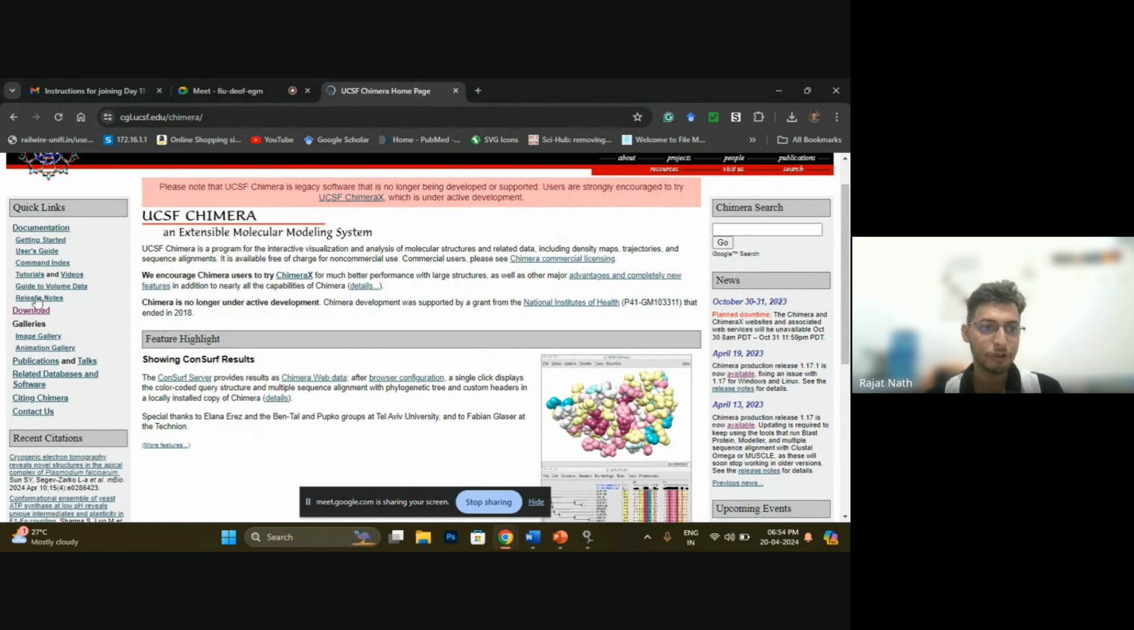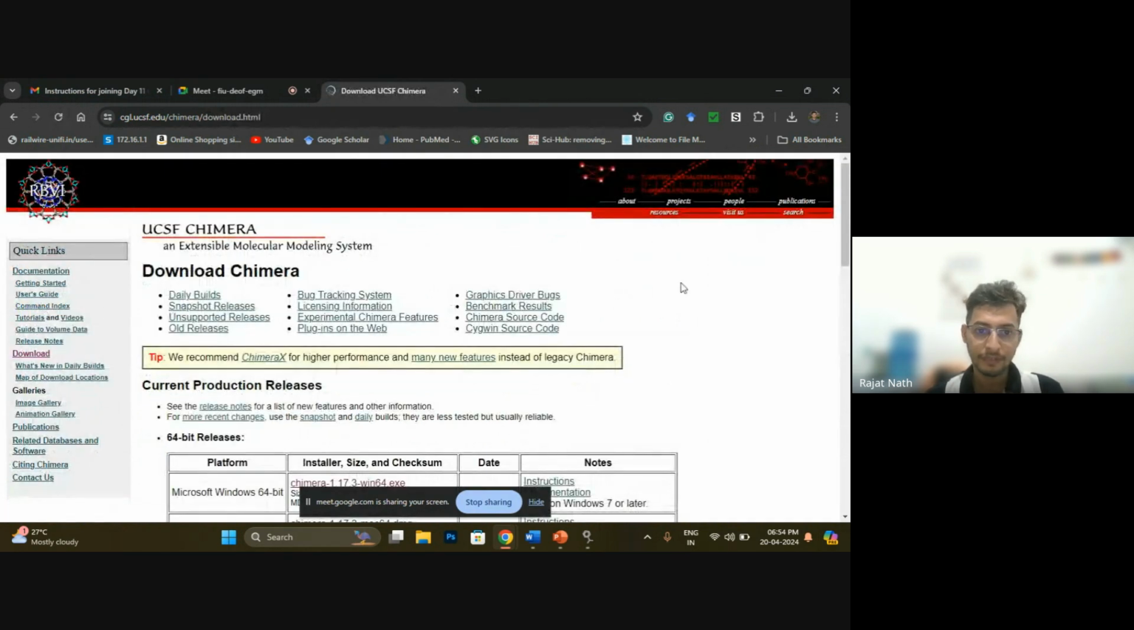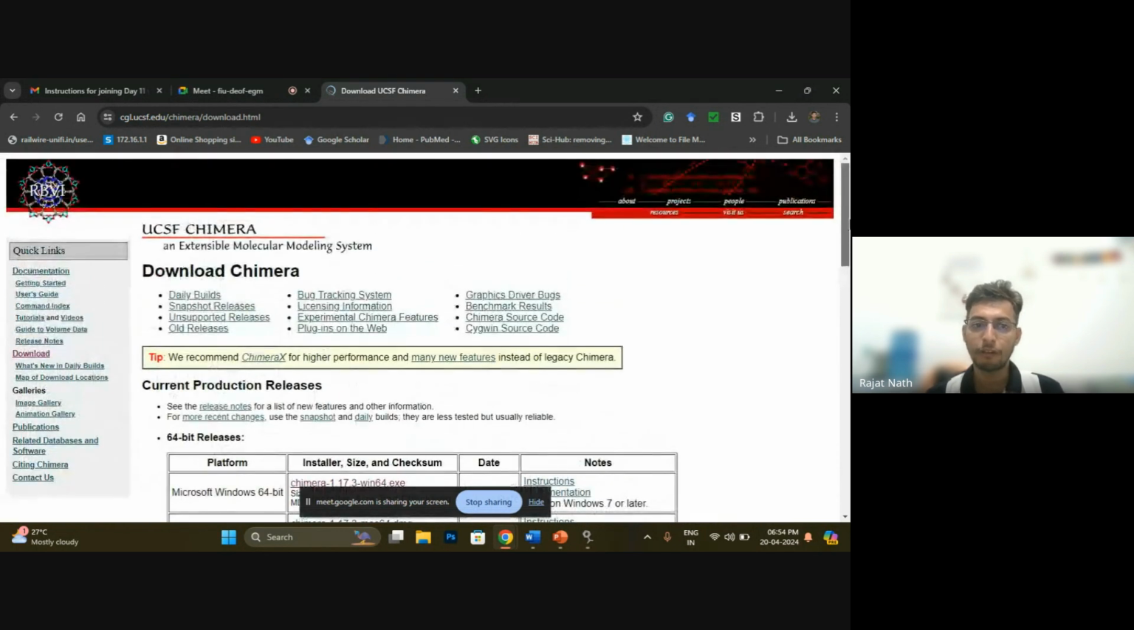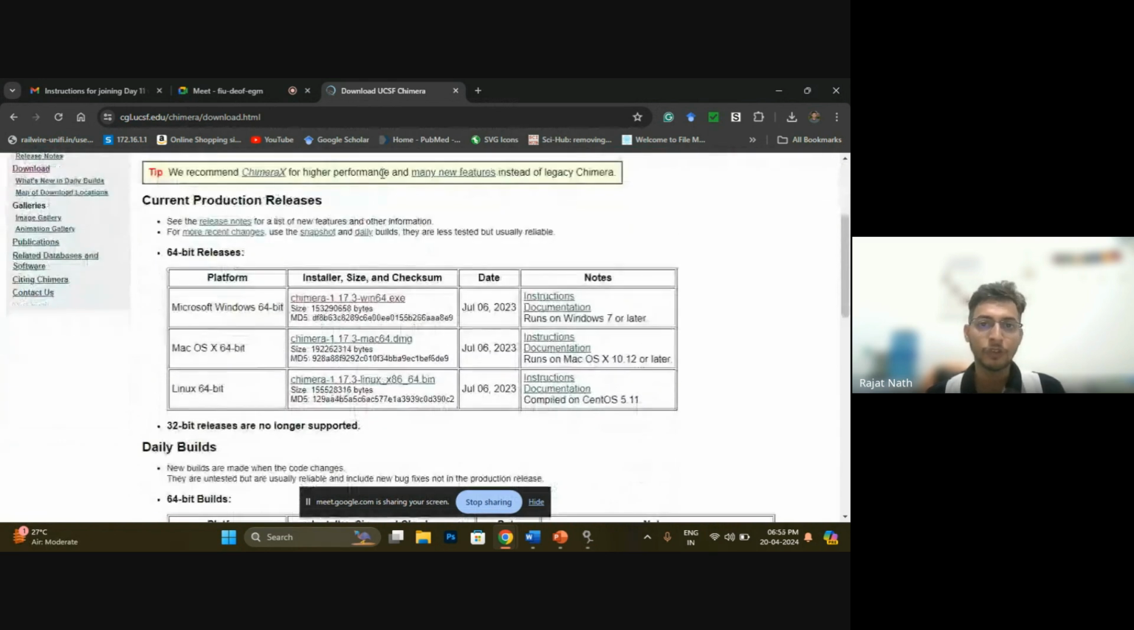On the left hand side, go to the download option, and according to your system requirement, you can choose the software and click to install. It is free of cost. You can download it easily. Okay. So we need two software. One is Modeller, second one is Chimera. So after installation,